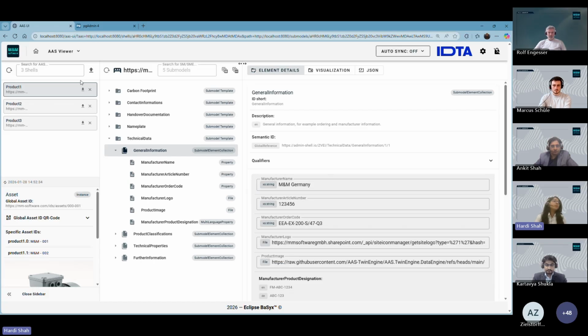We are getting different values for each and every submodel based on the product. Now, let's assume